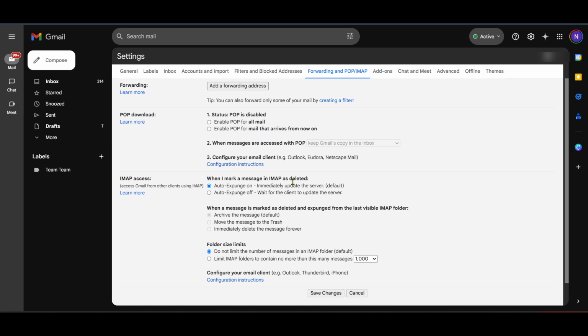That's it, you've successfully added your Gmail account to Outlook. This integration should help you streamline your email management by bringing multiple accounts under one roof, improving your productivity and